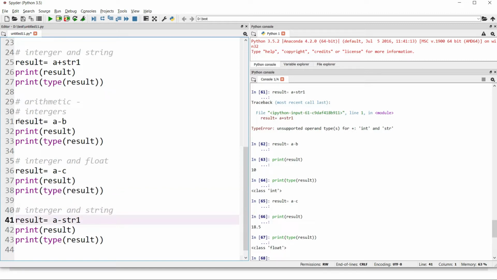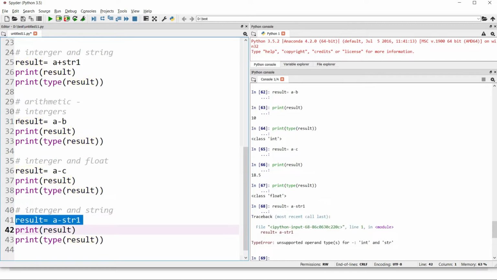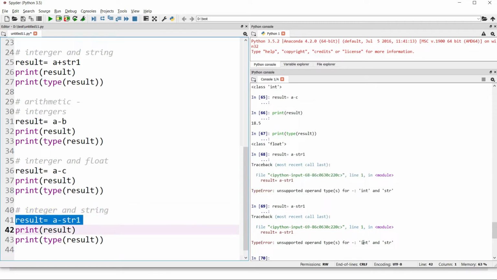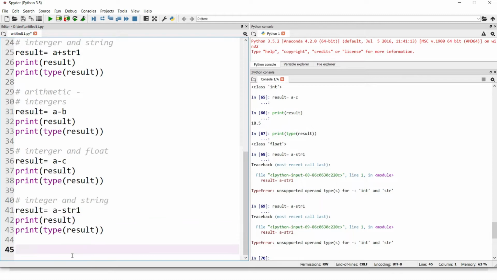Now when I try to apply subtraction between an integer and a string, it's an error, type error. Okay, so it's integer actually. I made a mistake in typing. Fine. So here it shows a type error, right?